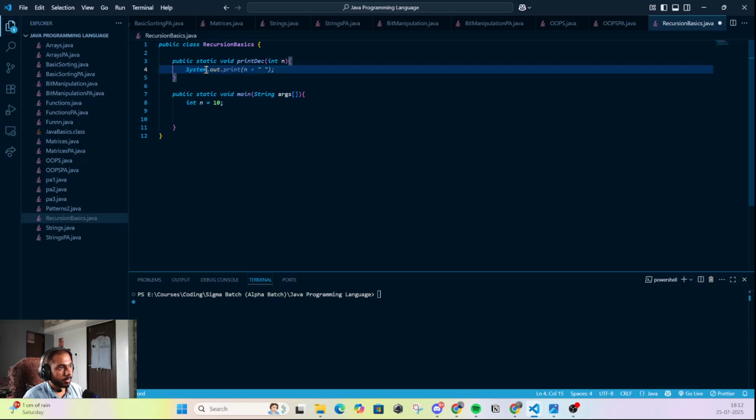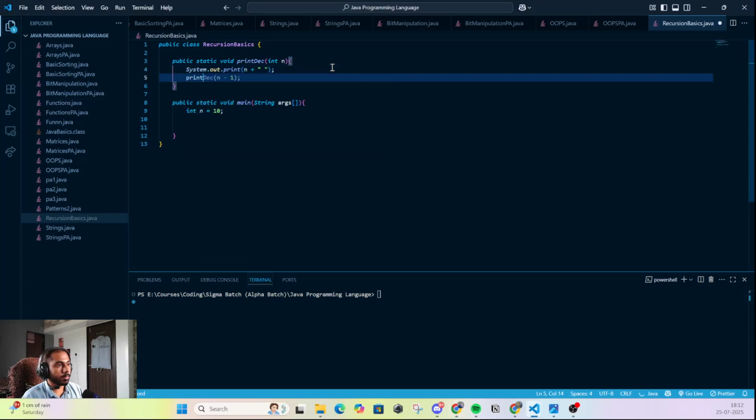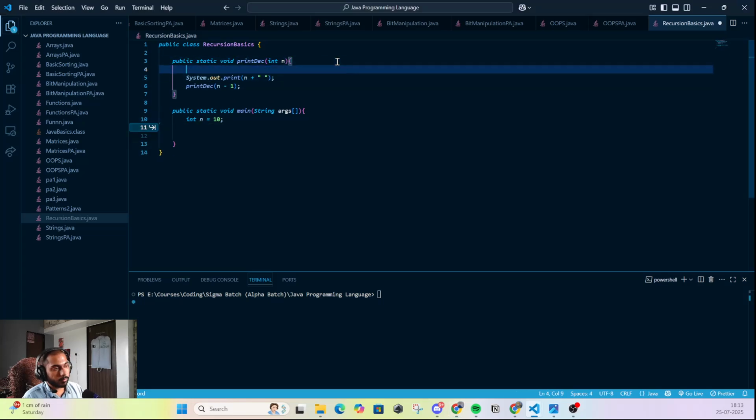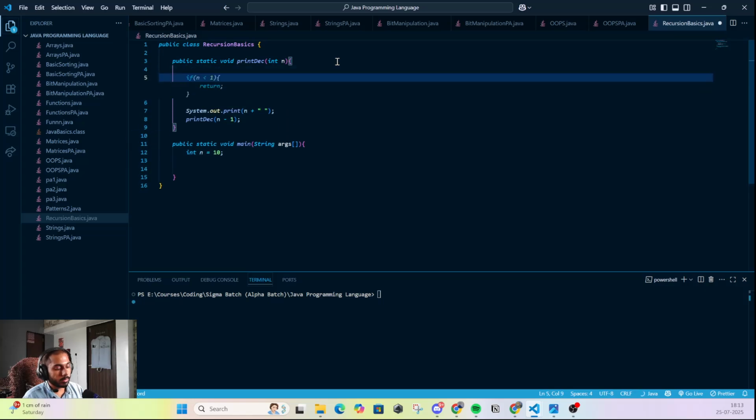So the first step is that it prints itself. So these two steps we have done, but there is something that we need to define, which is the base case.